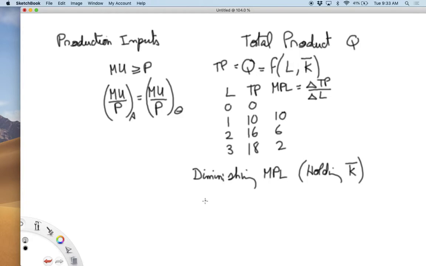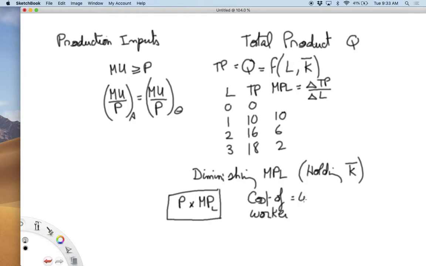So what we do is we multiply the marginal product of labor with the price of the product, how much you can sell the t-shirts for, and this is how much additional benefit I get from a worker, okay? And I'm going to compare that to the cost of the worker,